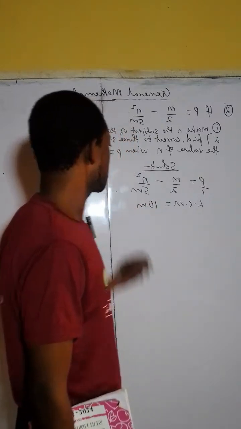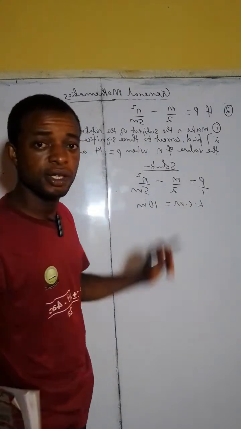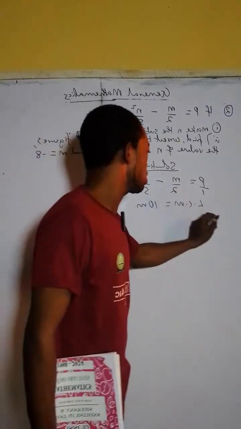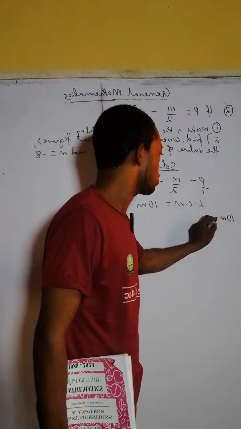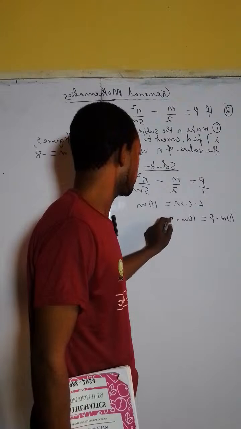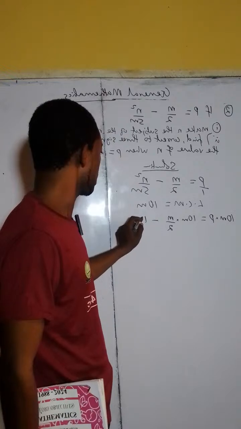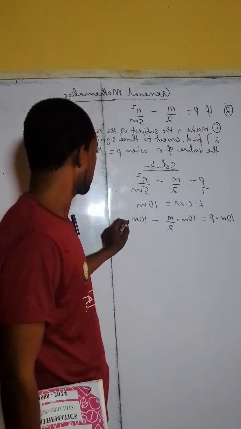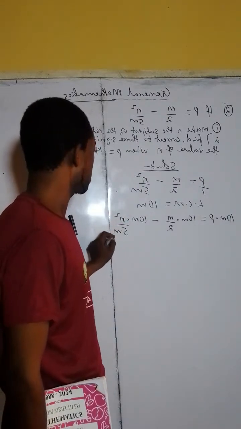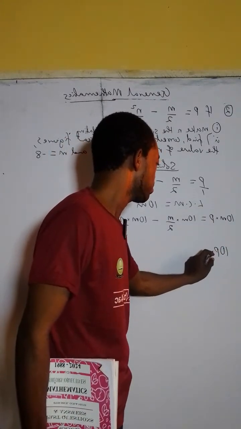So each of these fractions here, which we have 3 fractions altogether, we can use the LCM, which is 10m, to multiply through. So here we are going to have 10m multiplied by p, then equals to 10m multiplied by m over 2, then minus, also we have 10m multiplied by n square over 5m,